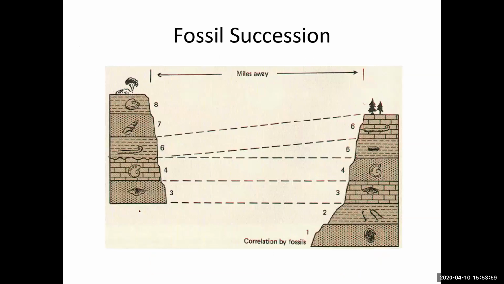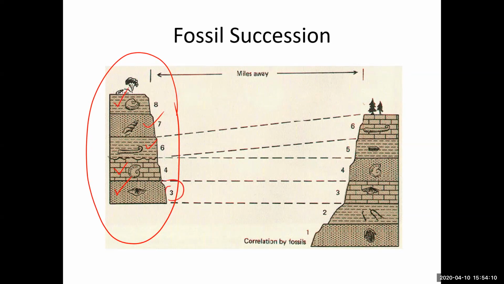So as an example, here's one location, and we have a distinct mix of fossils that kind of changes upward in the sequence from older to younger. And then what if we were to go somewhere else? It could be a few miles away. It could be thousands of miles away. Can you appreciate that if we find the same fossil, or more likely the same mix of fossils here as we do here,